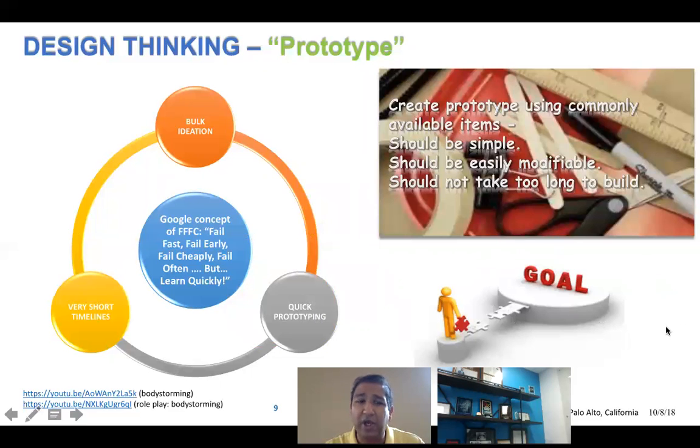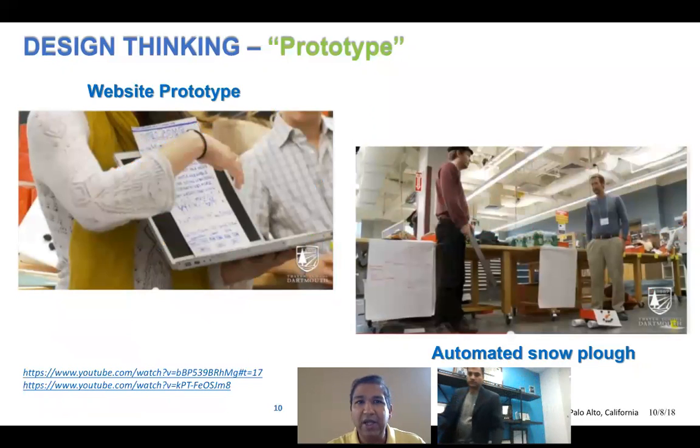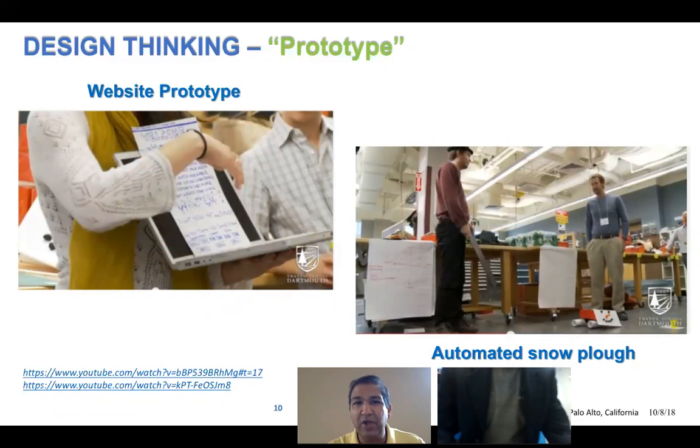Google, Facebook, every one of these companies now have started believing in this because you save a lot of money and you move very fast through the development cycle. So design thinking can be a website, a simple website with a paper prototype. It can be a snowplow. It can be a paper diagram. There are some examples given here in video form that we can play back. Given the short time, I'm not going to play these videos, but please do click on these when you get a chance and go through the prototype.